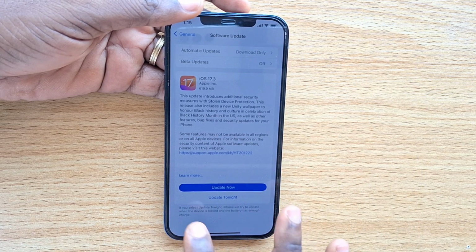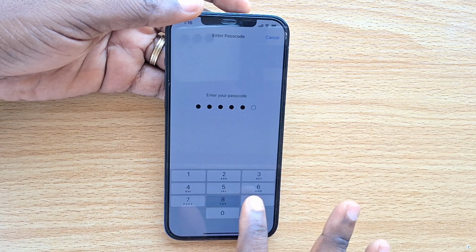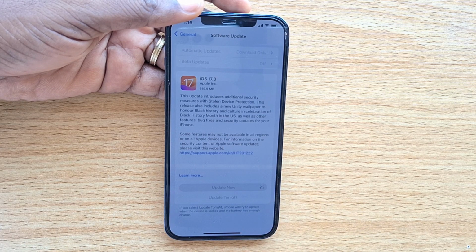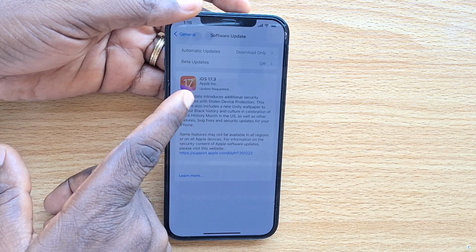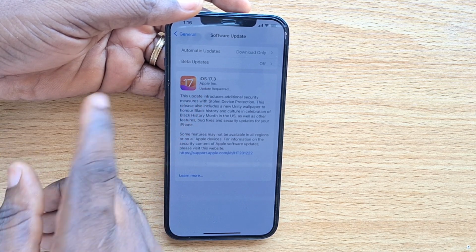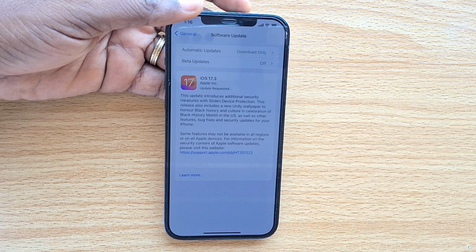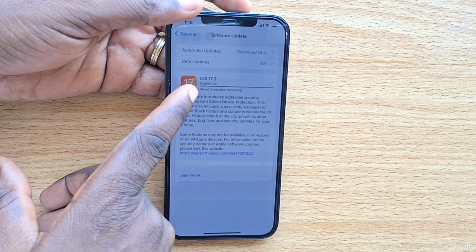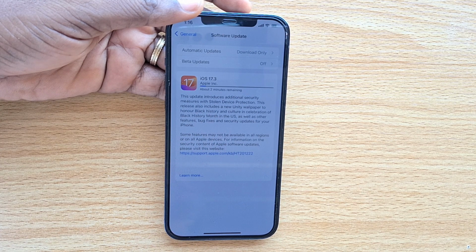Once you are done with that, click on Update Now, and then you'll be prompted to type in your iPhone passcode. Once you type in the passcode, you just need to hang on for a couple of minutes to start downloading. As you can see, I have Update Requested, so my iPhone is already requesting this particular iOS 17.3 software update, and once the request has been granted, I'll be able to download this update on my phone and install it. As you can see, I have about 2 minutes remaining to download and install iOS